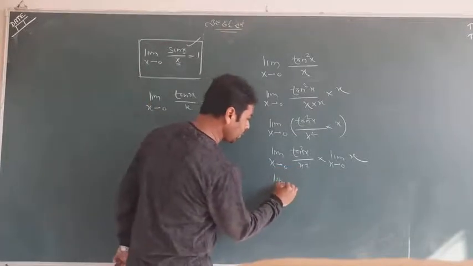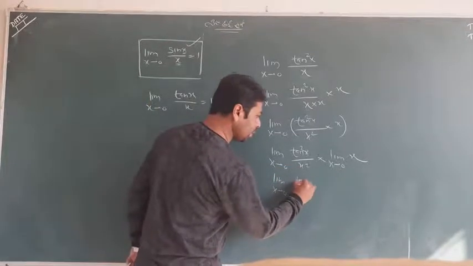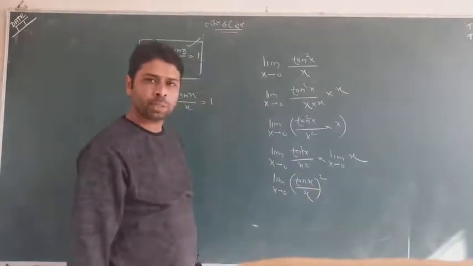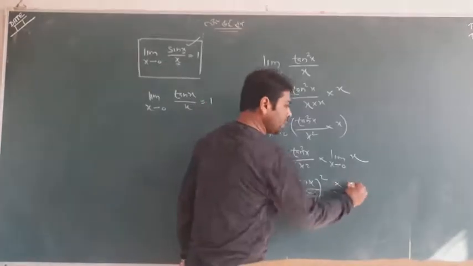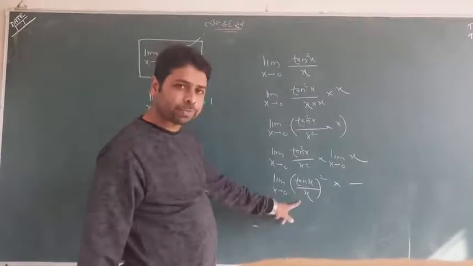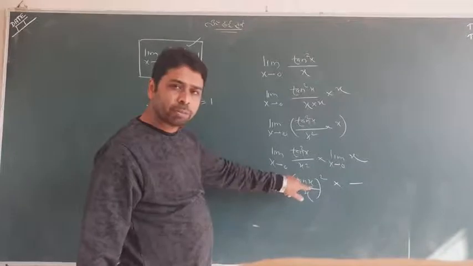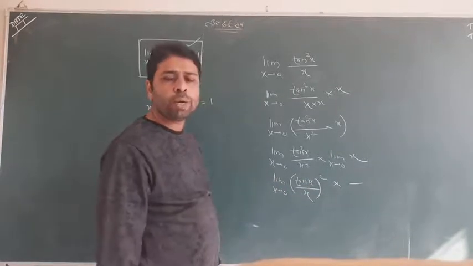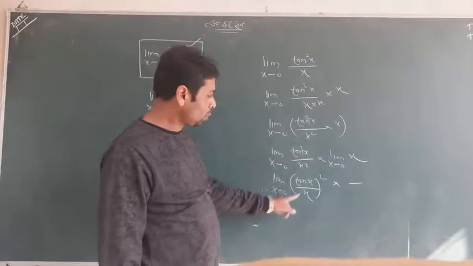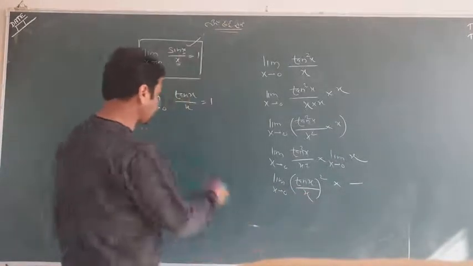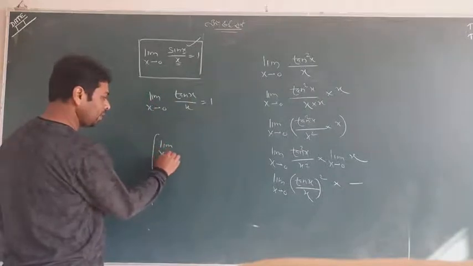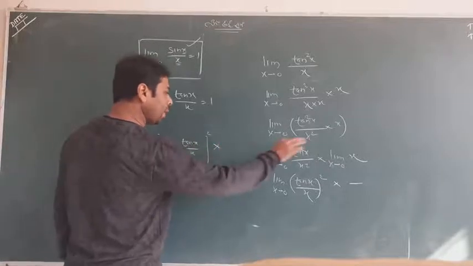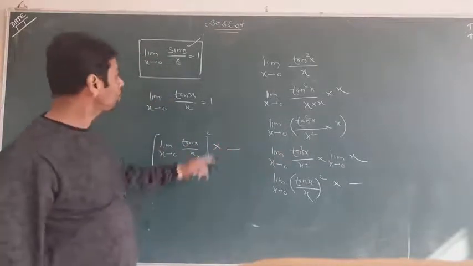I tell you one thing, how it can be done. This is square, this is square. Make a whole square. Whatever the answer here, no matter at all. But about that, this limit can be used inside, because I taught you that limit can go all the way wherever the x is available. So it is x here, so we can write the limit inside, like limit x tends to 0, 10x upon x whole square can be written. So whatever the answer there, no matter, this is 1, this is 1.